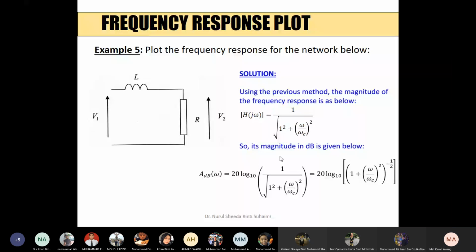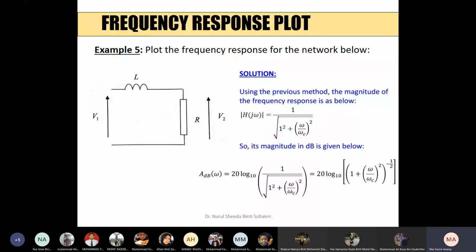Plot the frequency response for the network given. Can everyone hear? Can you see? Okay. So you are given this circuit, and using the previous method, the magnitude of the frequency response